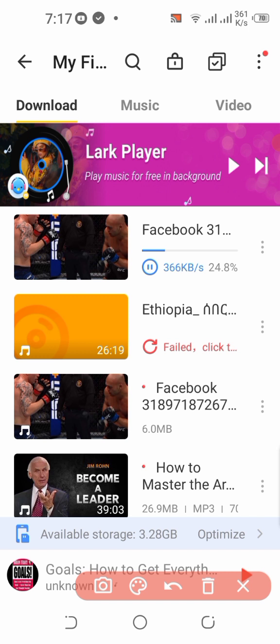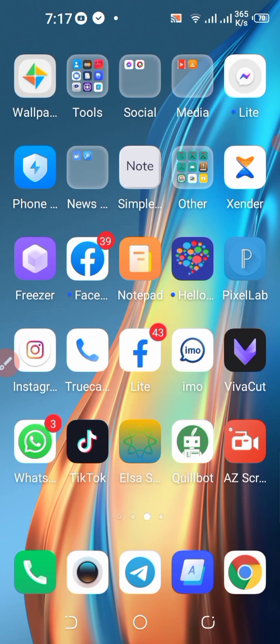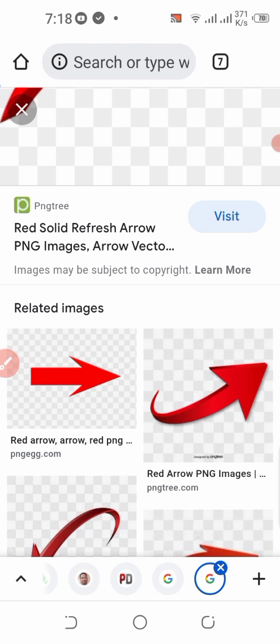But SnapTube is not a free mobile application. It is a premium application. So to get SnapTube, you need to go to Chrome browser, and on the search bar, write